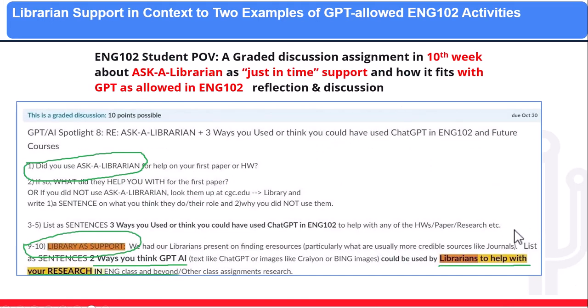One of the things I embedded specifically this year was asking the students what is their experience with library use, librarians, Ask a Librarian, and what is their experience using that as a resource, which has been going on forever, for as long as I've been teaching, 18 years or more. But how does GPT change some of that? So I'll talk about those insights as well, because they will hopefully give you an idea of the horizon of where GPT usage may be of value for the librarians of any of the colleges at the Maricopa Community College.